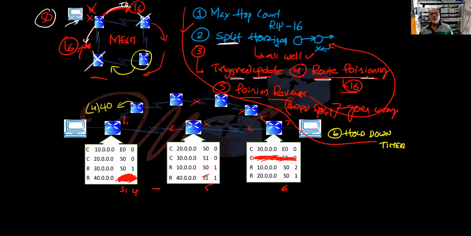No, when he tells you this is down, don't delete it. Hold it for some time. In the routing table, it says it is possibly down. Something happened, maybe. It's possibly down. Right? That is hold down, about 180 seconds. It waits for 180 seconds.